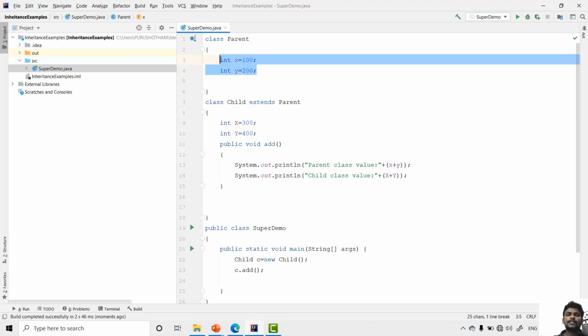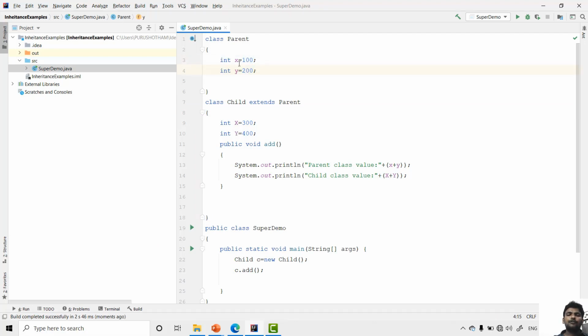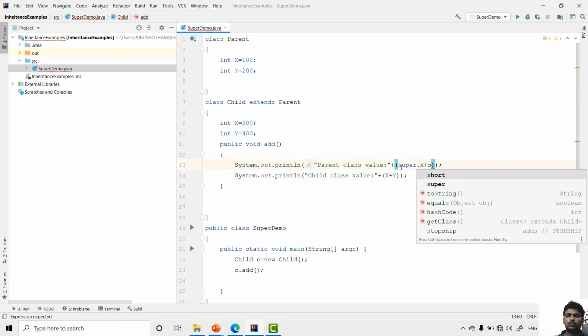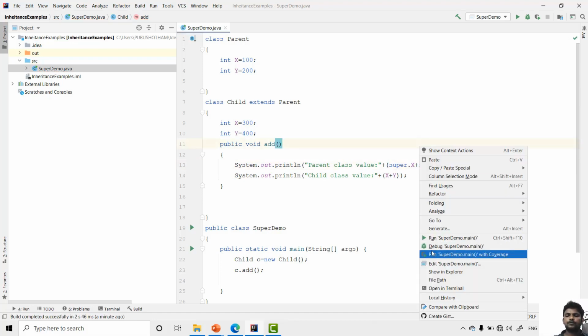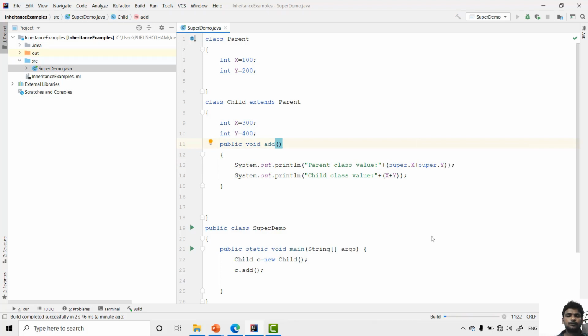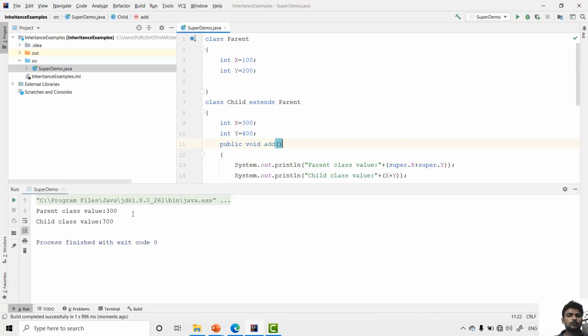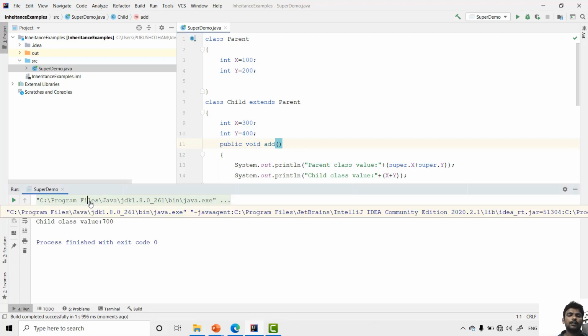So what is the exact application area? If you have the same variable names in both parent and child, in that case you have to use the super keyword to differentiate those variables: super dot x and super dot y. That's it. Yes, see here, it will print 300 by 700.